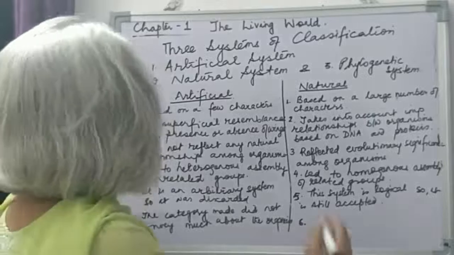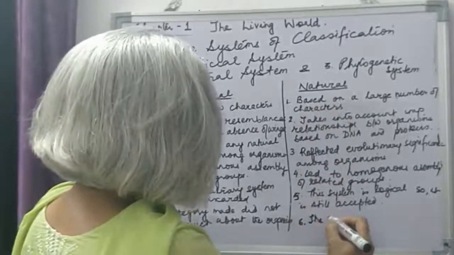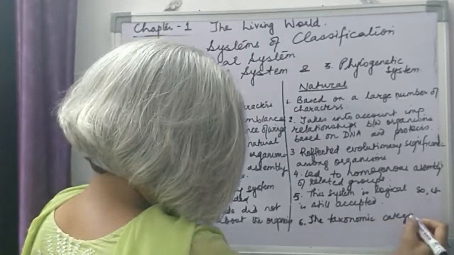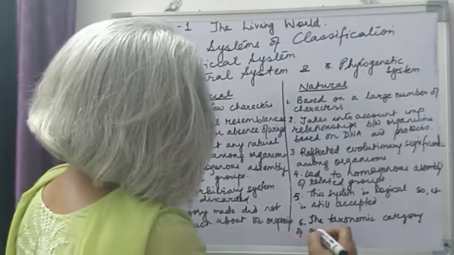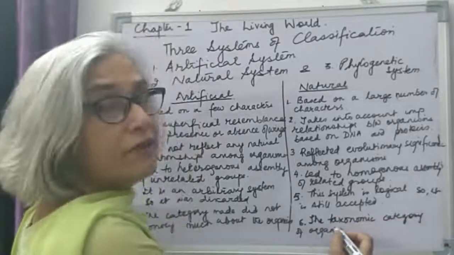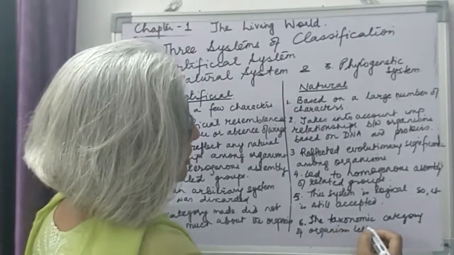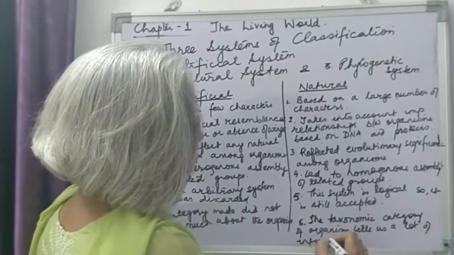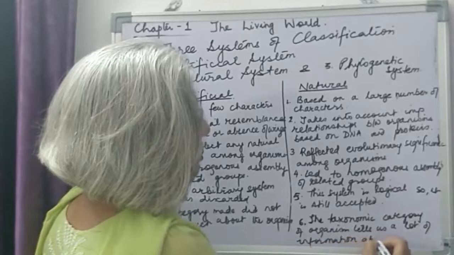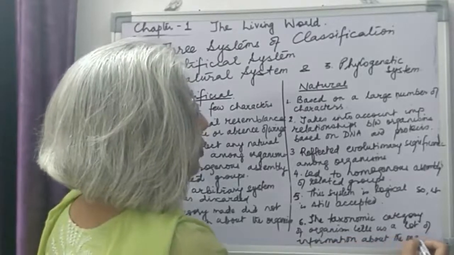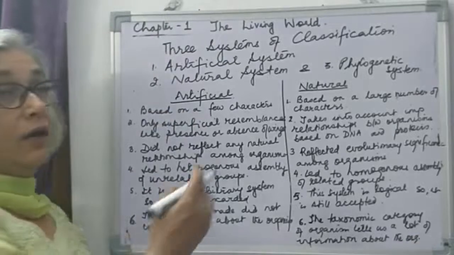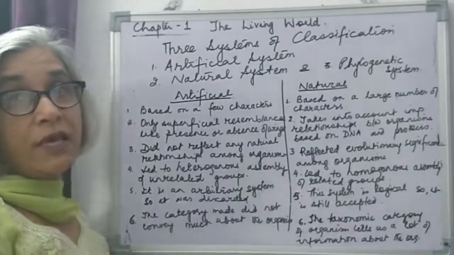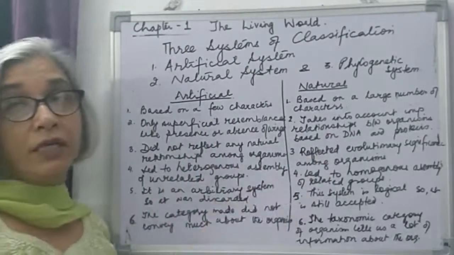Then in the natural system, the taxonomic category of organisms tells us a lot, gives us a lot of information about the organism. So here we have done 6 points where we have studied about these two systems,